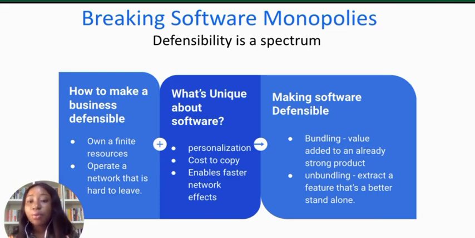Another thing is you have to operate within a network that is apt to live. An apt-to-live network is a network that you know everybody needs to survive in a way. An example is power, an example is social media, an example is telecommunication, because people will always want to communicate with each other.